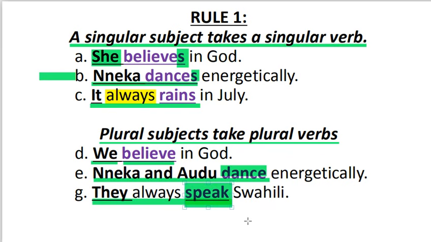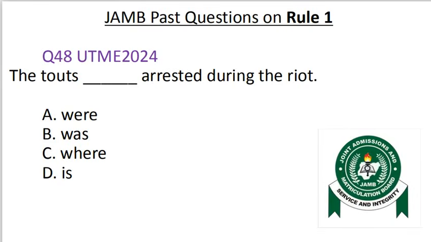Now let's go to some related JAMB past questions. Those are past questions that are related to Rule 1. The first question here is question 48, UTME 2024. The touts dash arrested